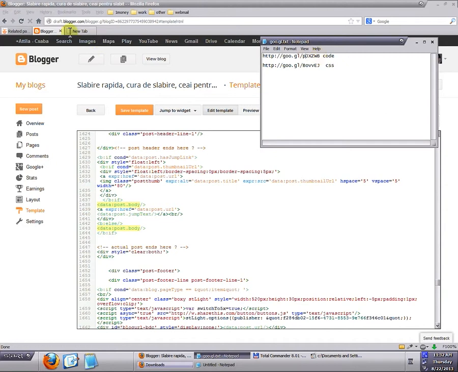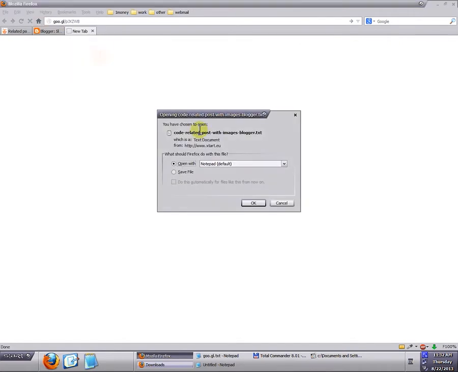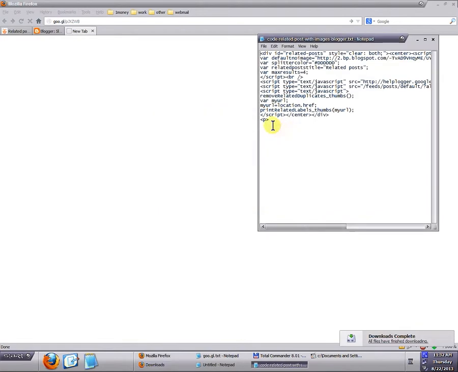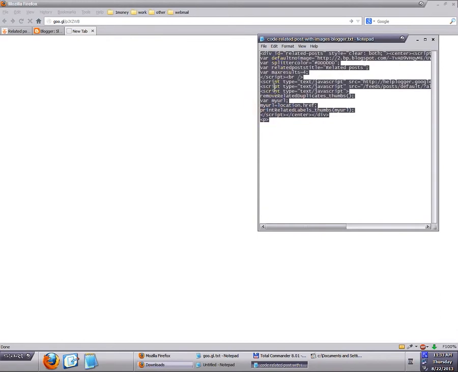So I'm going to open a new tab again, click, paste and go. And here we have code related post with images blogger text. I'm going to also open it with Notepad. And I'm going to simply highlight and copy the entire code. Copy it into the clipboard, go back to the dashboard,